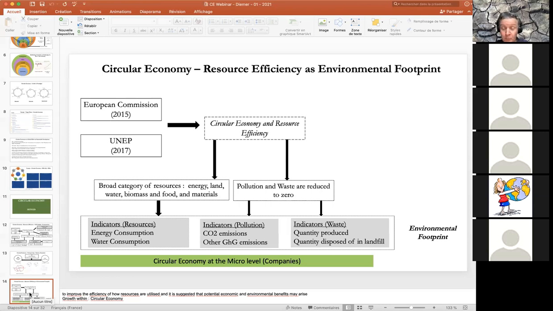So if you want to compare, if you have a sustainable strategy, and if you want to talk about circular economy, you need to have very simple indicators. If you don't reduce this complexity, it's very hard. How are you going to compare a plant in Brazil and a plant in France? The context is very different. So you need to have a very simple way to measure.